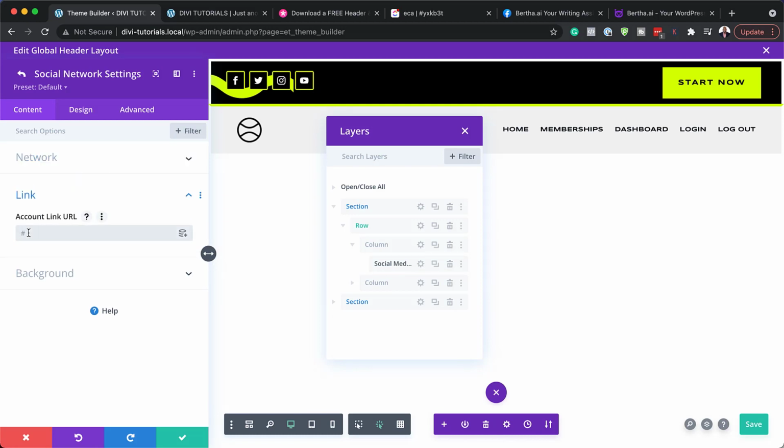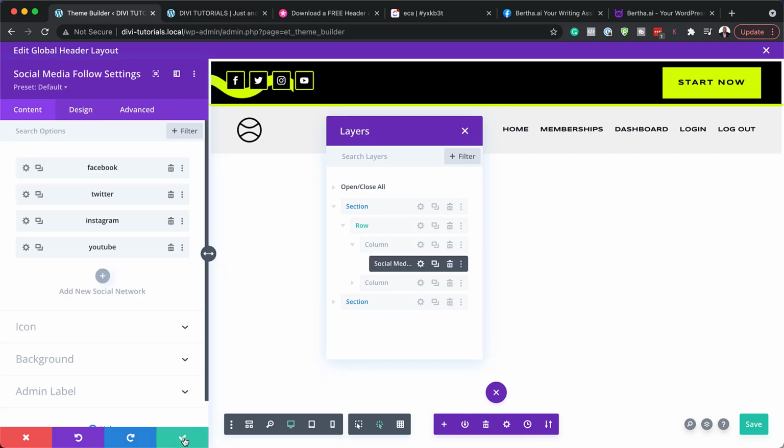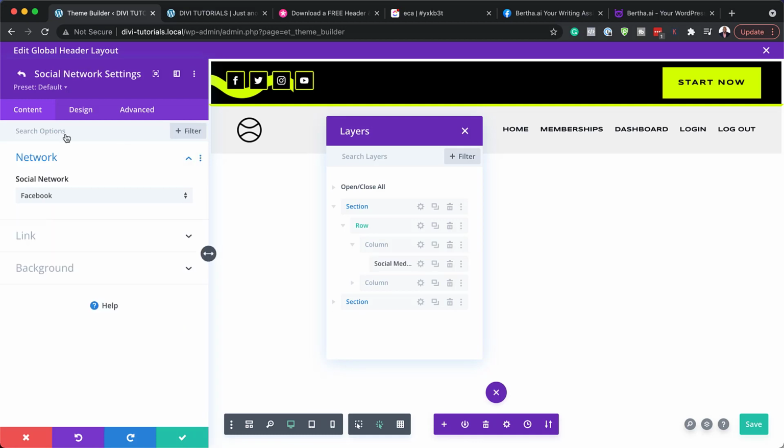Add your link over here and continue until you've added all your links. Now, once you're happy with that, you can just save. Now, there's also another way to go in and customize this, and that is to go into the actual settings